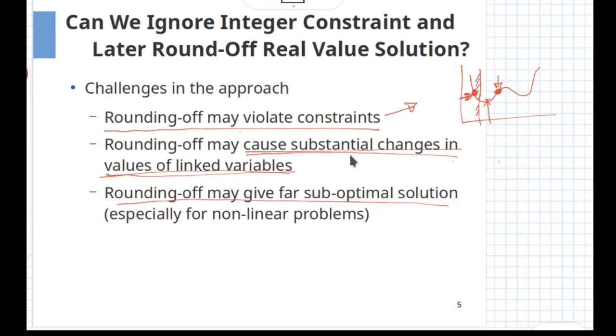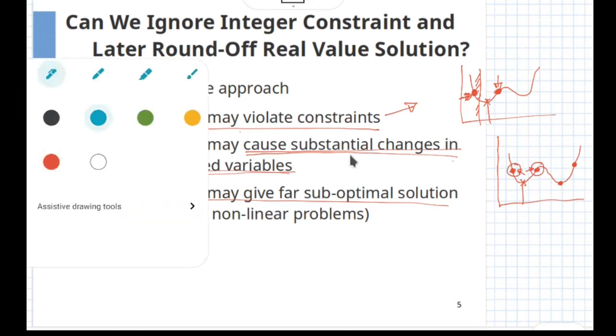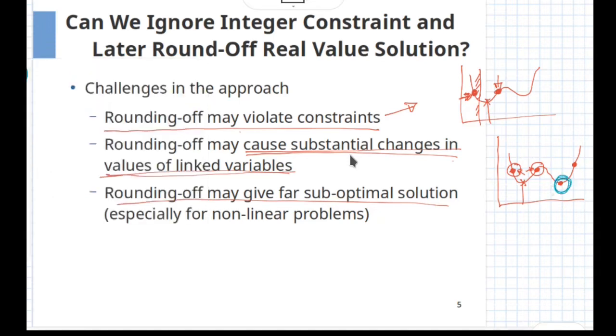The third reason is more critical or crucial. Let's understand that your function is as given here. You have located the minima at this point, and the integers or the discrete values which are allowed to exist are as given by these red dots. By rounding off, you will be choosing the solutions, either this one or the other one. But the real solution, which is given at this location, is missed by doing the rounding off.